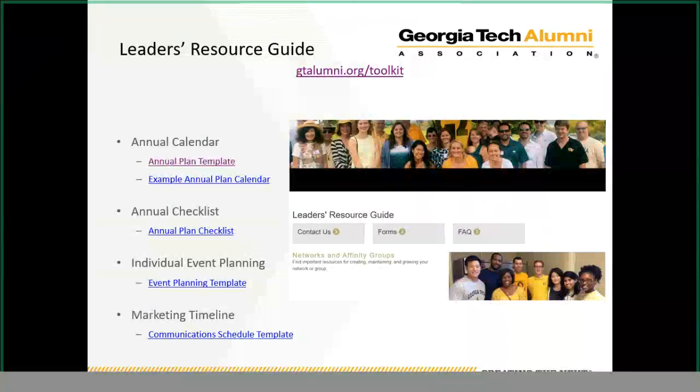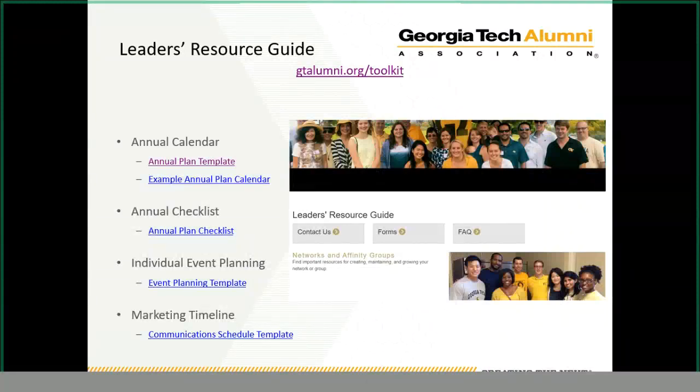For a different view, we do then have an overview checklist that might be helpful to look at as well. That's called the Annual Planning Checklist. This is a simplified version that will help you make sure that you're considering all the important aspects of that annual plan. And then later in the session, we'll cover some tips on individual event planning, which is where the event planning template will come into play.